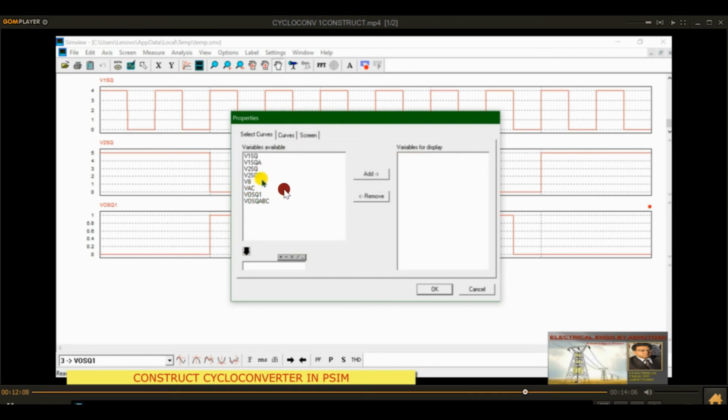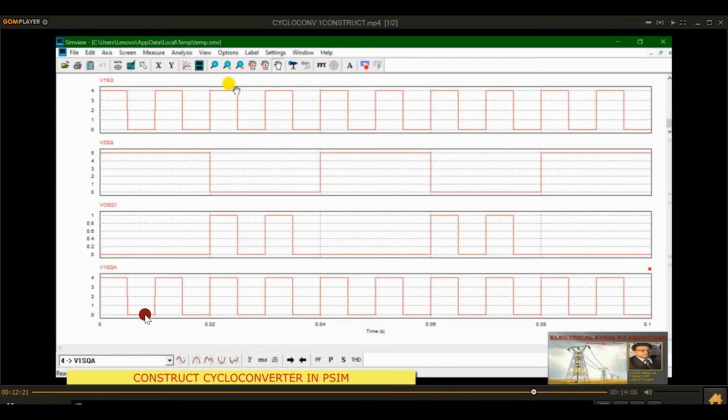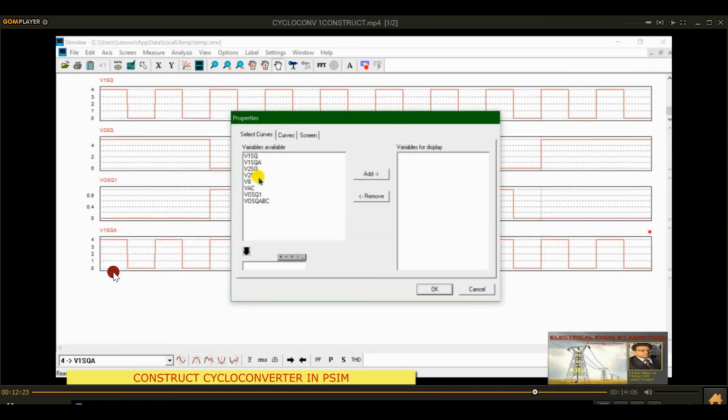Now we are selecting the lower comparator waveform. So here you will see 2 will be there. Okay, 1 is there. 1 SQA, capital A is there. Okay, capital A. So you can rename,